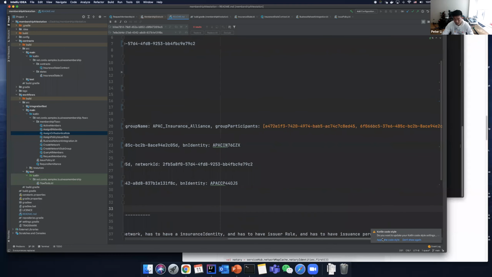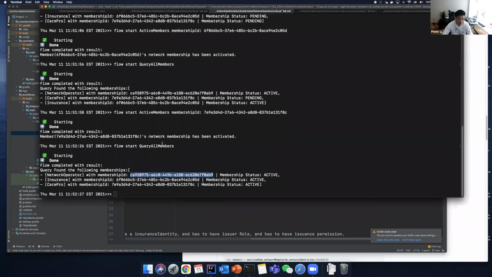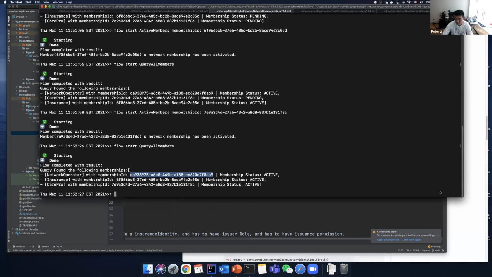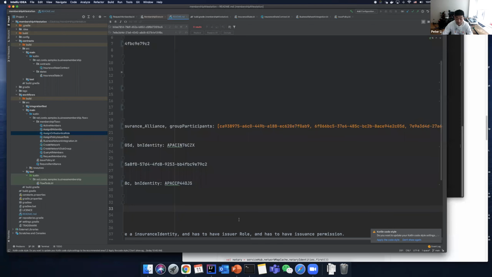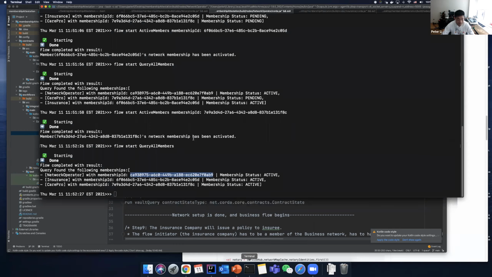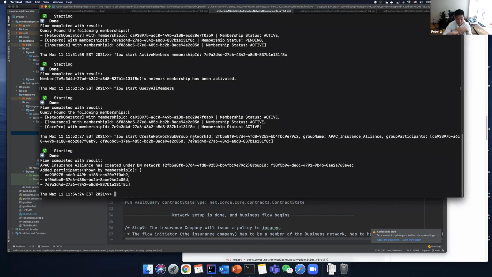So when we create a group, we will just need to replace the first one, because if you look, the first one is the network operator, the second one will be the insurance, and the third one will be the care provider, or the other way around. But let's just confirm. So we have CA9 for the network operator, and we have 6F0 for the insurance company, and then we have the care provider, 7E9, and everything is correct. So as a network admin, we're going to create this subgroup called APAC Insurance Alliance,